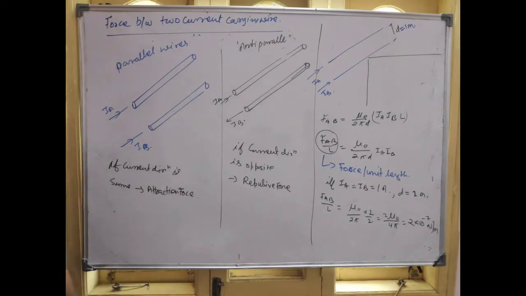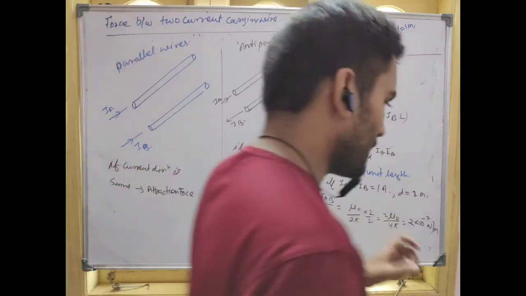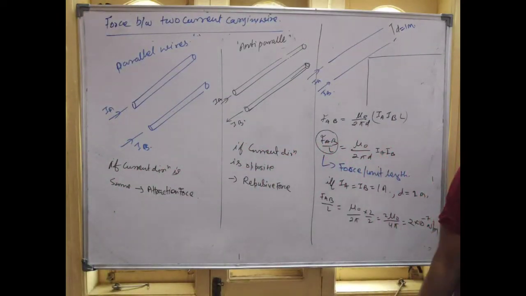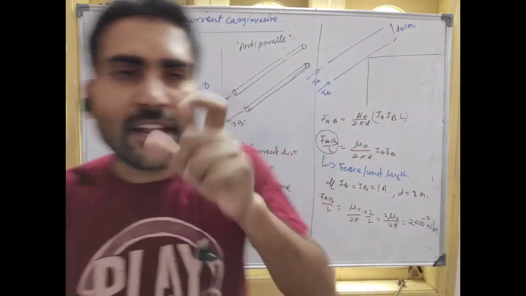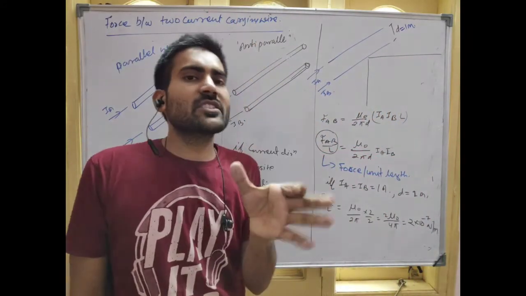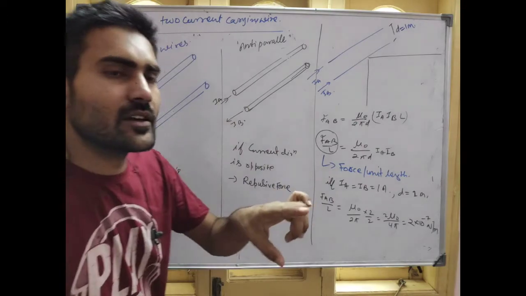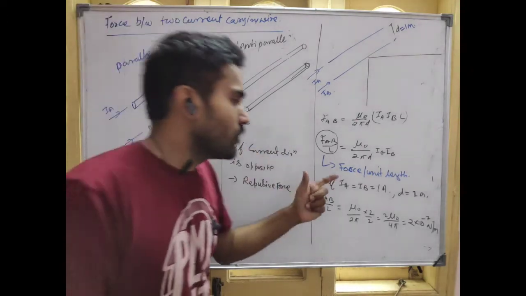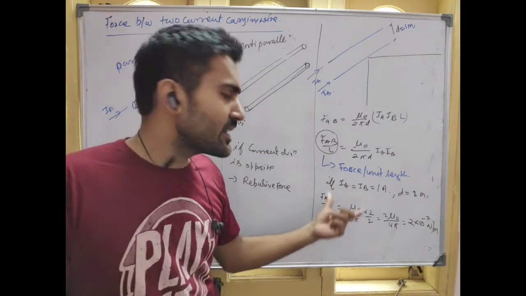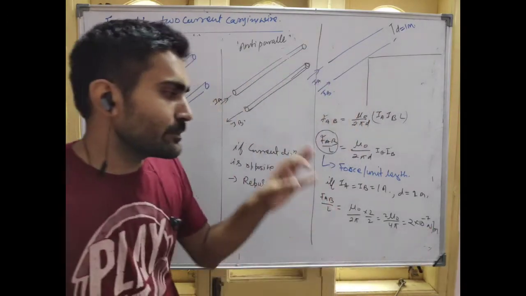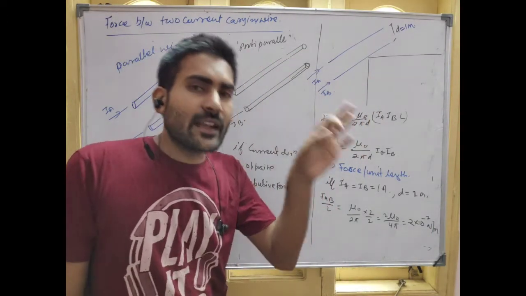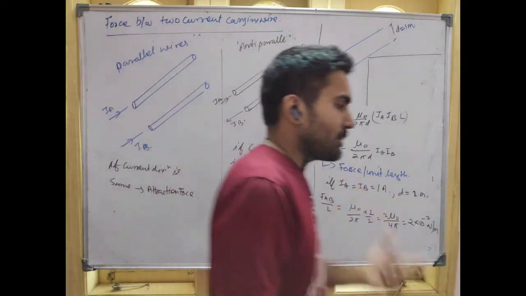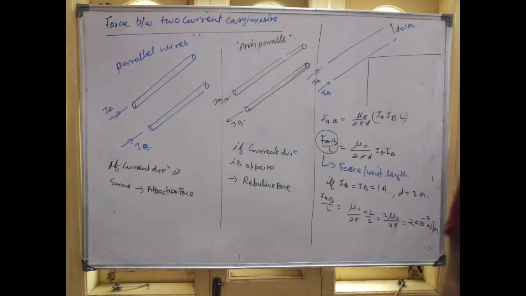Tell me, is the point clear? What I am going to tell you, are you able to understand or not? It means if we take two wires and keep the separation between these two wires 1 meter, and the force per unit length we get is 2 into 10 raised to the power minus 7 Newton, it means the current in those wires is 1 ampere. Is the point clear?